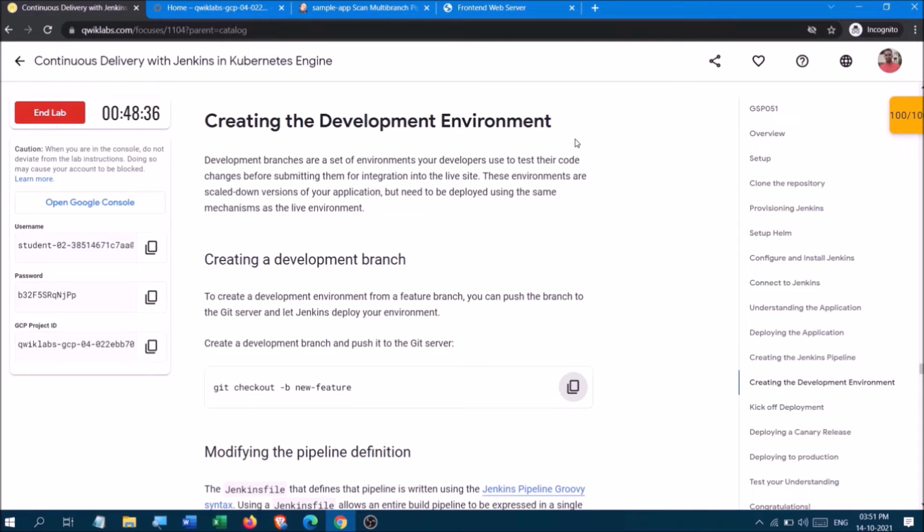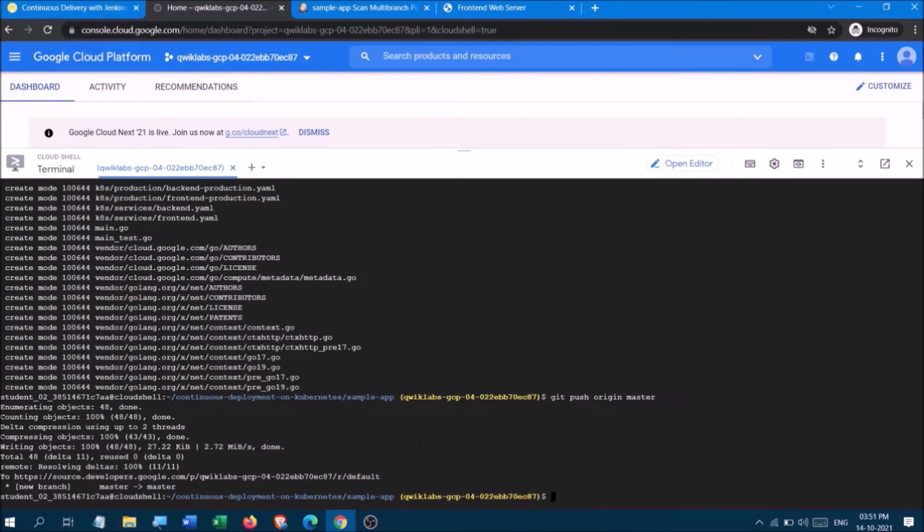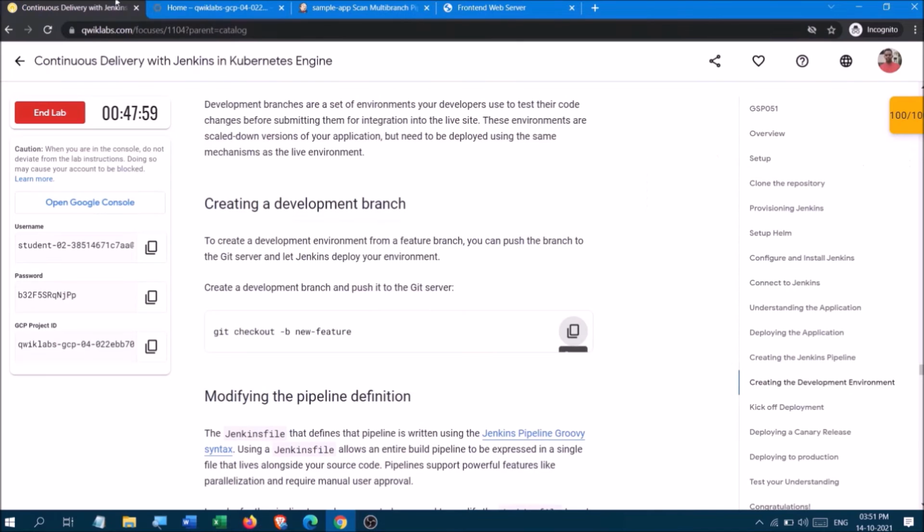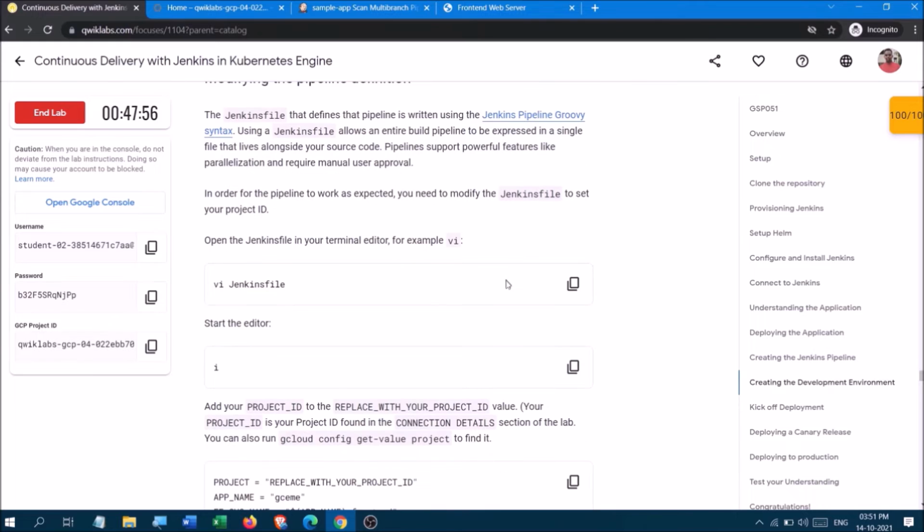So here it is not fixed. Okay, like there are some errors in it, there is some modification required to make sure that they work properly with the application. So that's why it is created. After they complete that modification and it is working properly with the application, then these are submitted for the integration to the main branch. So we are creating a development branch here. Okay, check out. So we have created a new branch and modifying it.